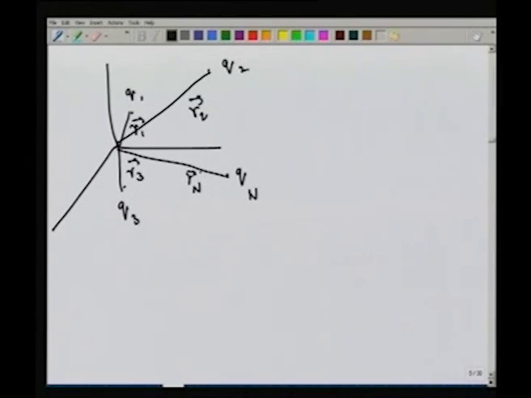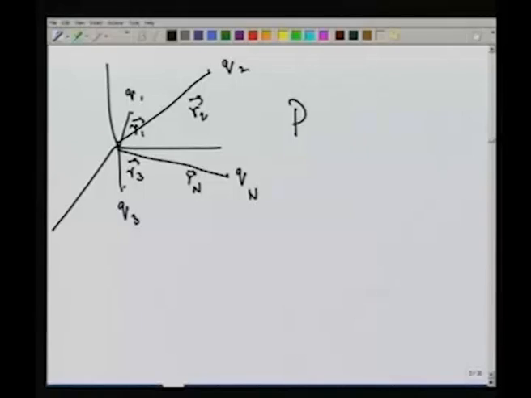So, with respect to some coordinate system, the position vectors corresponding to q1, q2, q3, q4, qn are given by r1, r2, rn, etc. And what we have to do is to write down the potential, and that is very simple, because if we know how to write down the potential due to a single point charge, I know how to write down the potential due to this collection of point charges, because of the principle of superposition, the total potential is nothing but the sum of the individual potentials. So, what we shall do is to employ the principle of superposition.